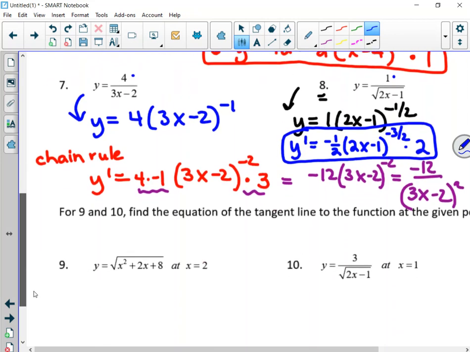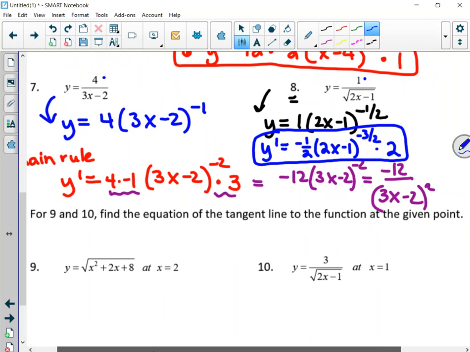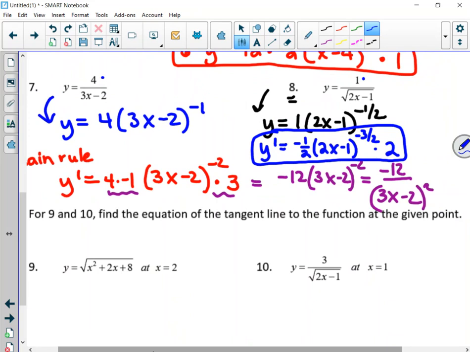All right. Our last two problems take us right back to a concept that we talked about early in this unit, the idea of writing a tangent line. Things to remember when we do a tangent line is we need a point, x1, y1. We need a slope, m,